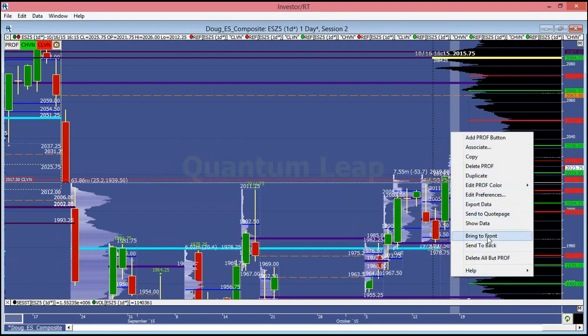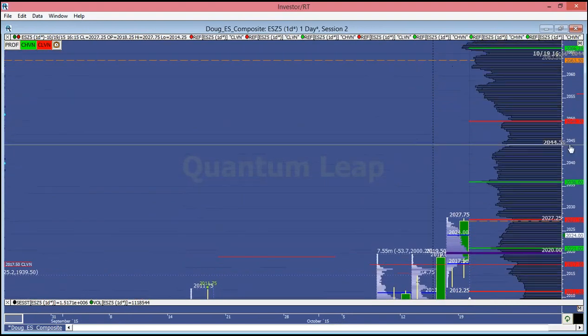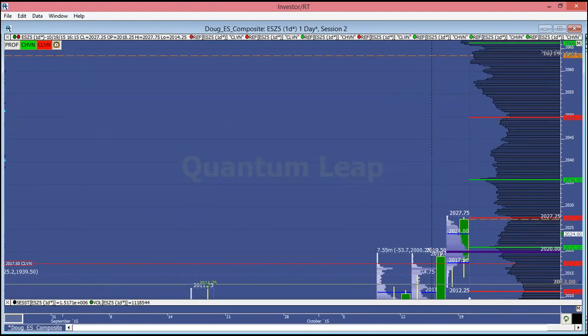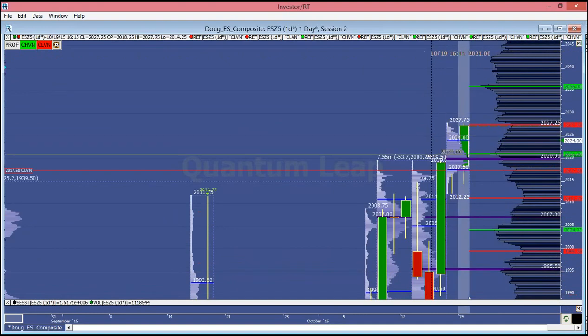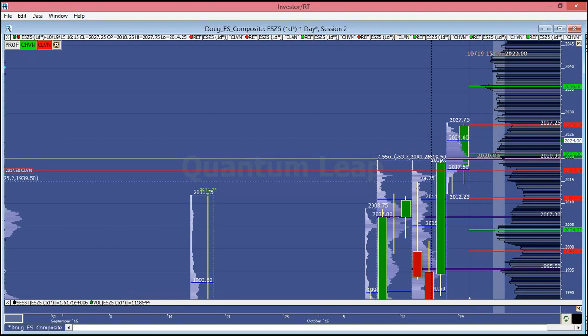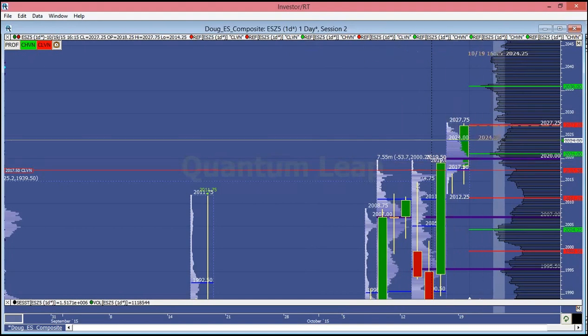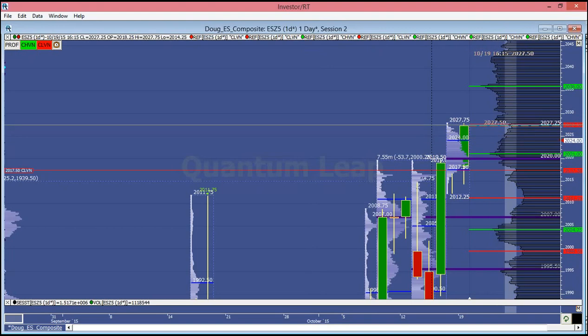In fact, let me just bring these to the front. You can see these put together. Just let me stretch out. This is a very strong Gaussian distribution. A good bell curve, if you want to call it, centered around this 2020, and we are above it. Our value area high is 24. We're likely to come up and test this 27.75, 28 area sometime today, and if we break it, then I'm